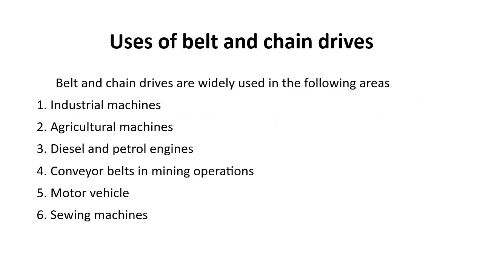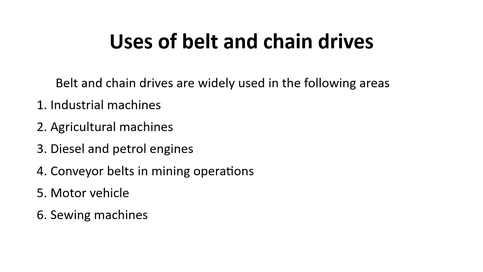The next thing we are going to consider on belt and chain drive is the uses of belt and chain drives. Belt and chain drives are widely used in the following areas. Number 1, industrial machines. The industries make use of belt and chain drive to be able to carry out most of their work effectively. For example, we see that most of the linkages